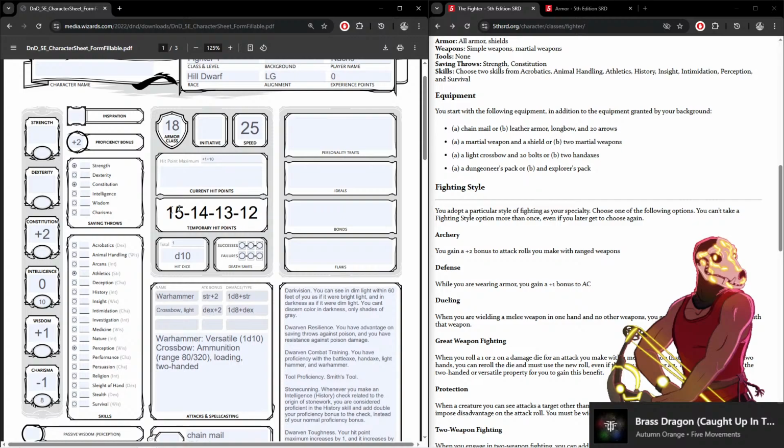Next is 12. We're going to keep going. So now we have to decide, do we want to be able to hit things better? Because if we put the 13 in our dex, we will be able to shoot better, or wisdom. Actually, now that I'm thinking about it, we could put the 15 in our strength, which would give us